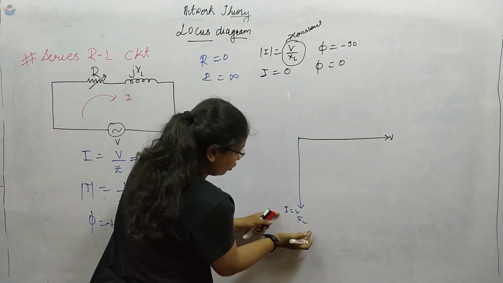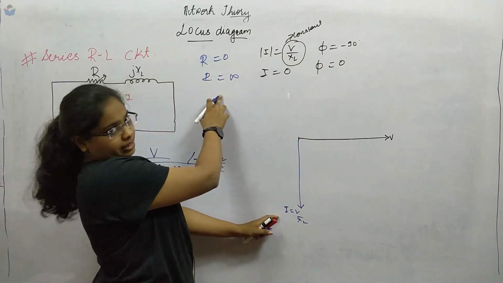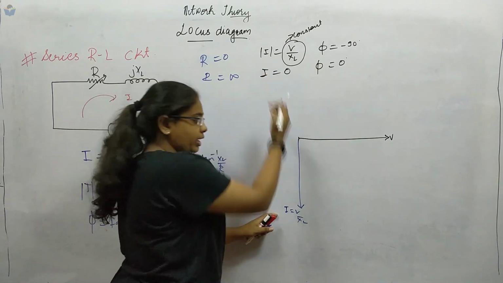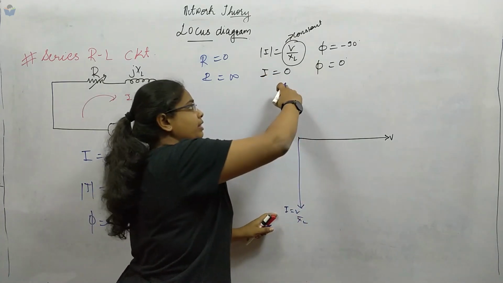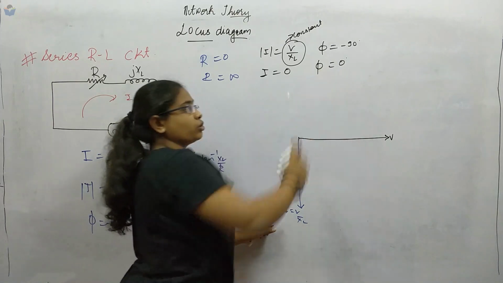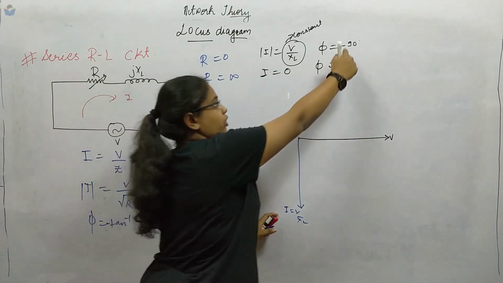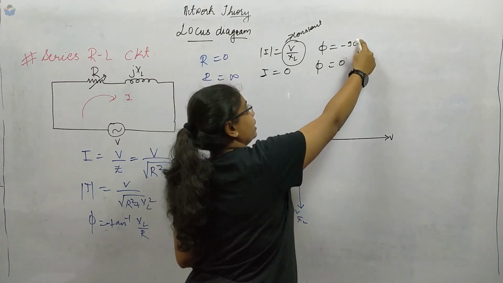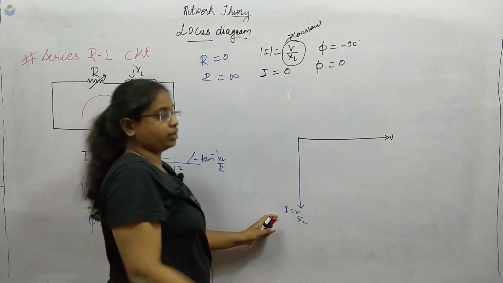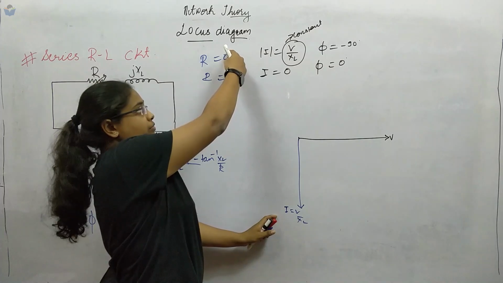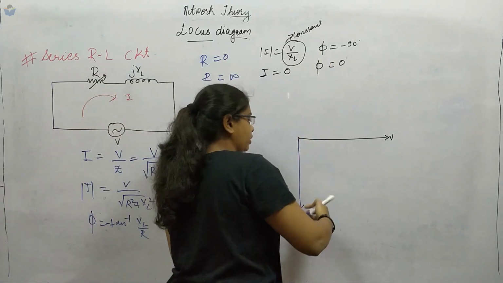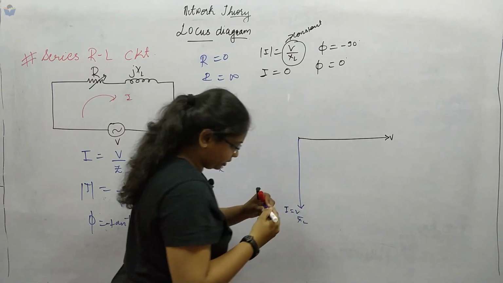Okay, as the value of R is increasing, what is happening to I? It is decreasing. With the decreasing value, even the angle is also decreasing, right? Do not consider this minus sign, just see at 0 to 90 degrees, but it is coming from 90 to 0 degrees. When we are moving the value of R from 0 to infinite, it means the angle is decreasing. So let me draw this first.